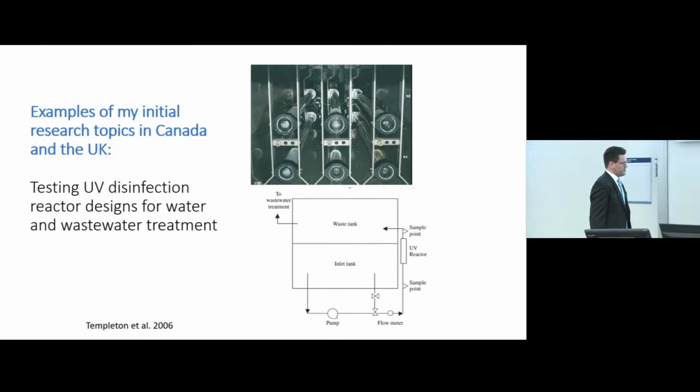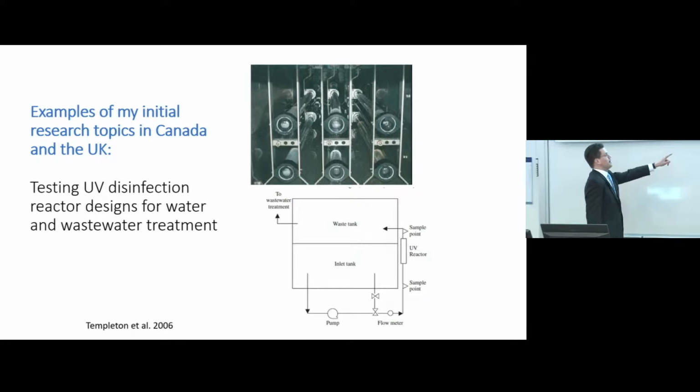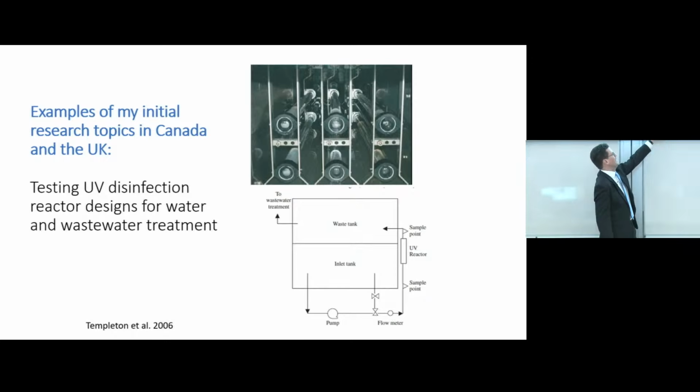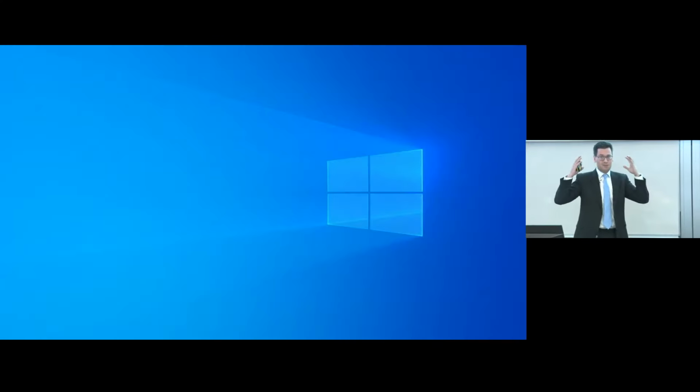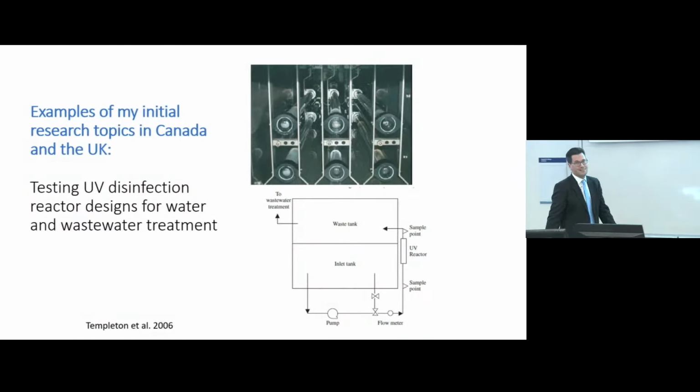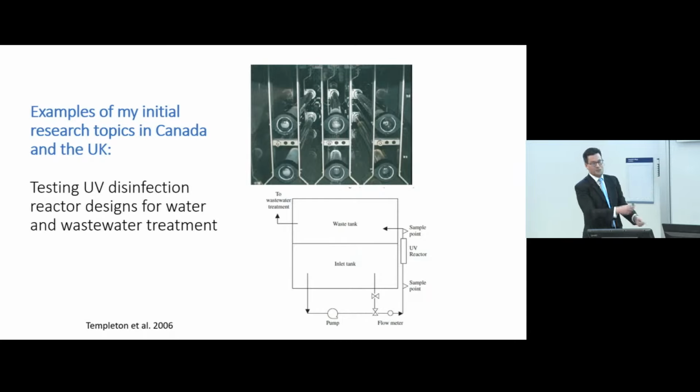And it was kind of a fun exercise because this pump could go at about 1,000 gallons a minute or something like that. So I would drop the virus in, open the valve, turn the pump on, run around to the other side of the reactor with my PPE on, get some samples from the outside of the reactor, run back, adjust the flow rate again, and hopefully get enough samples before the water in the inlet tank got all the way down to the level of the pump.